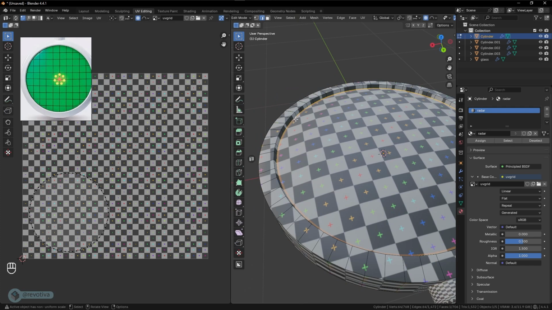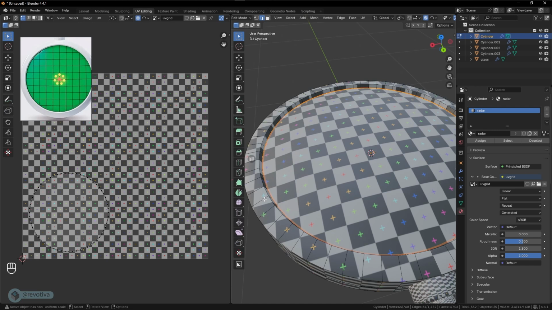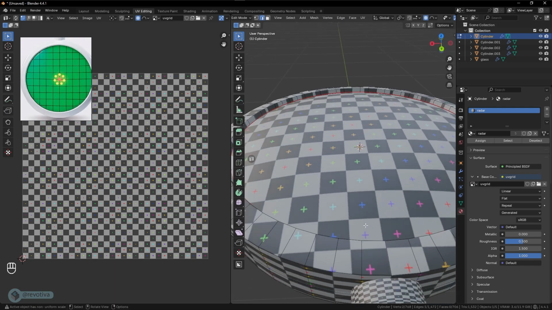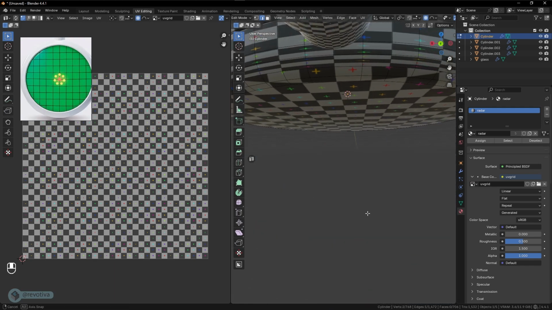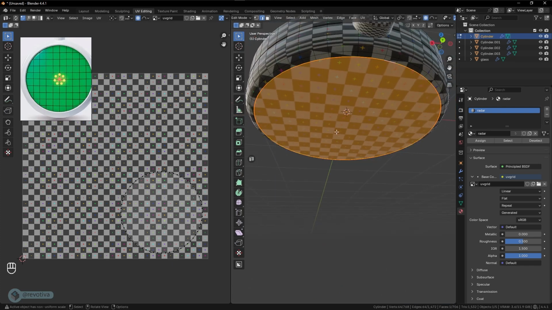Then with Alt and left click on the mouse, we'll take a loop selection. Then I will press right click and take mark seam. Now I got a red line. It's telling me this is a seam. I will do the same in this section. Right click, mark seam,